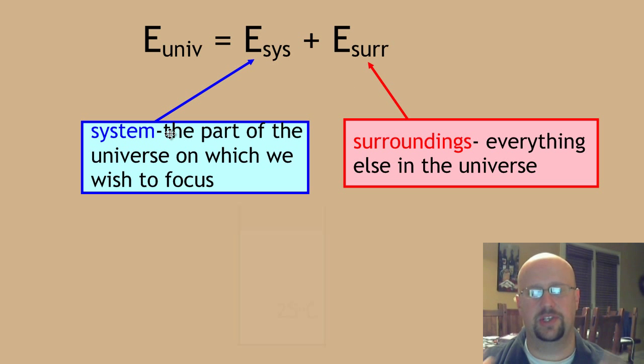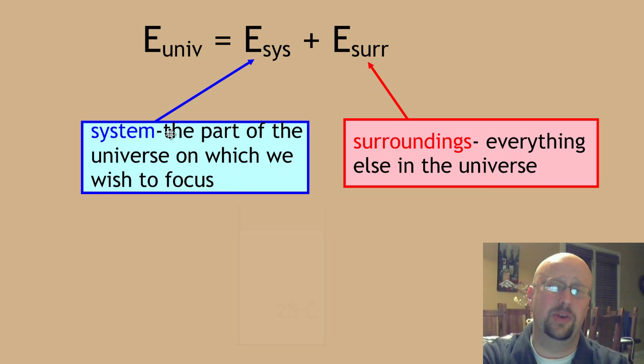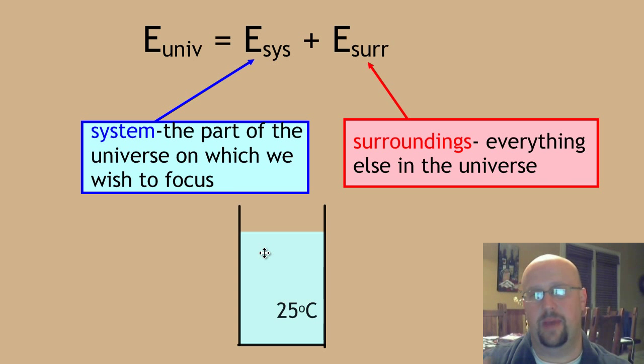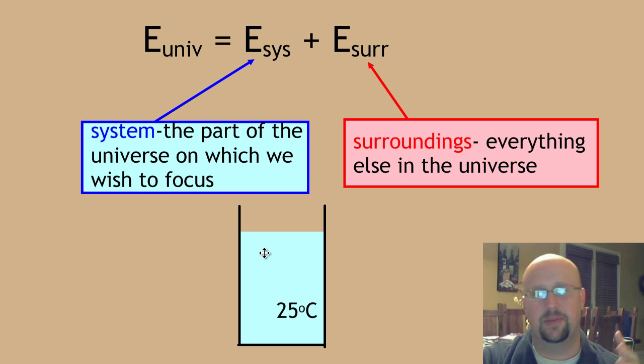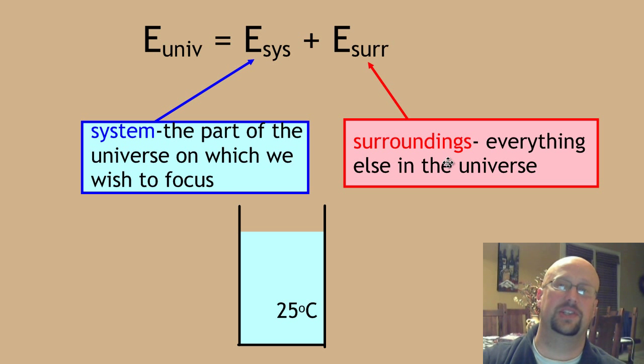The system is just the area that we want to focus on, that we want to concentrate on. And here's the beauty of that. We get to define that. So if we're doing some chemistry in the lab, we might decide that we're going to define our system as this beaker that we're putting chemicals into, or that we're adding something to, and we're going to measure the heat. That's going to be our system. Okay? And then everything else in the universe is the surroundings.